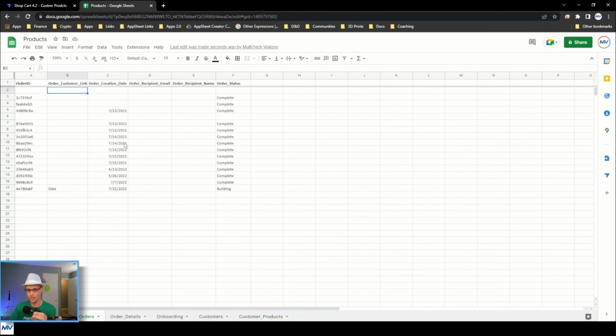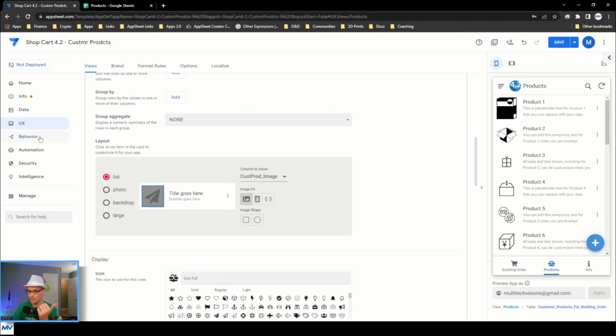So I want this customer products for building order slice, right? Yep. And now I just got to go through and make sure that all of these things are the right things. So like that's the product name. This needs to be like the product description. This is the product image. Okay, we're good. It was just the one thing that was off, the description. Fair enough. And then we need to take over the tap action. But now that I think about this, since we're changing this product list from the product table to the customer product table,